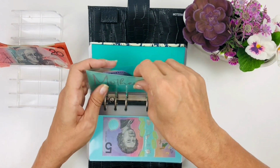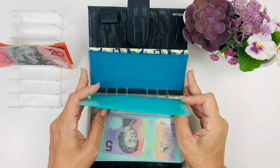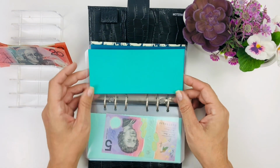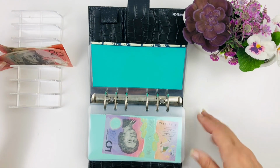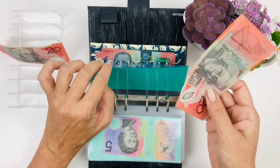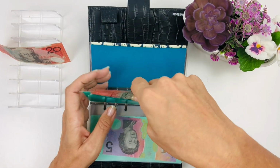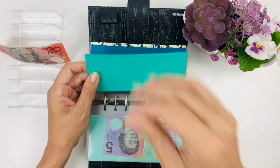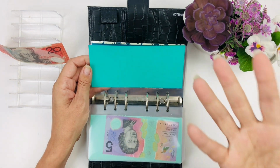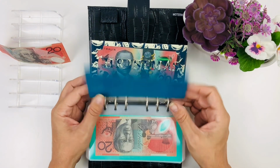Following Mother's Day, I do not have, this is what's been keeping me from making the video. This is going to be the wedding fund. I call it the wedding fund because it is for the wedding of Miss Wilma and Mr. Fred Jr., but also for when Marlene is here in Australia. I need some money to go and spend time with them, take them out for dinner, and go places and such like that. This one is blank because